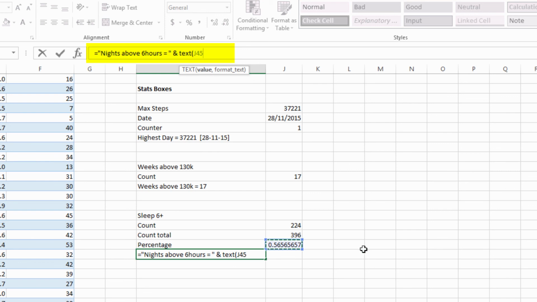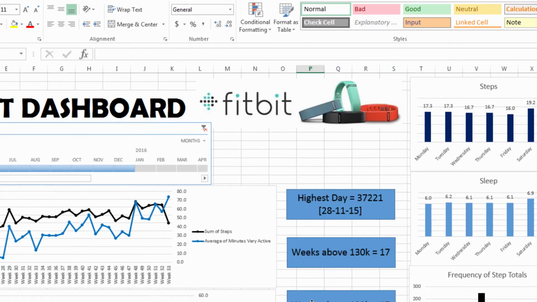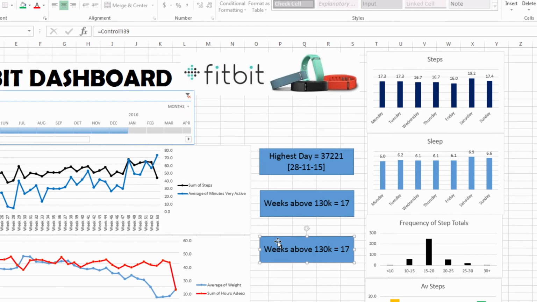So this is my value. The format that I want to show it in is this. When I hit enter, we can see that it shows up as a single decimal place percentage score. So once again, I can go back to my dashboard and I can simply realign that to cell I46